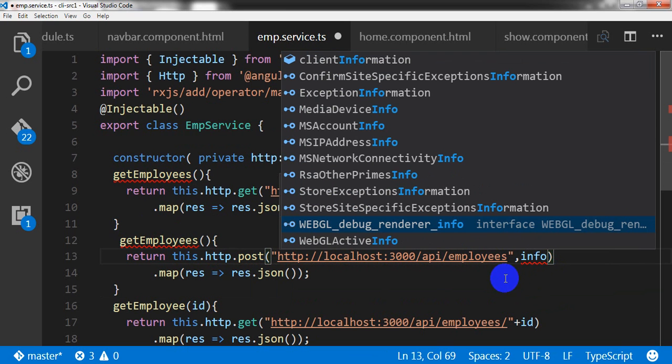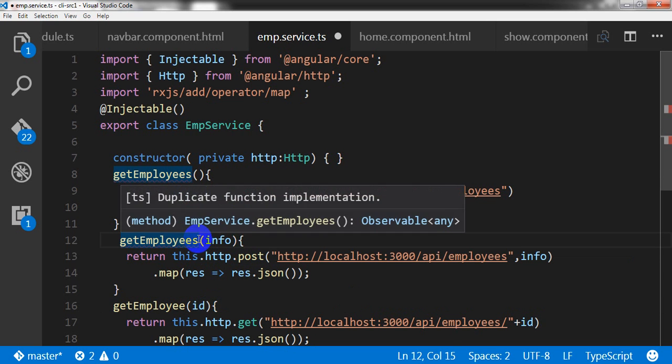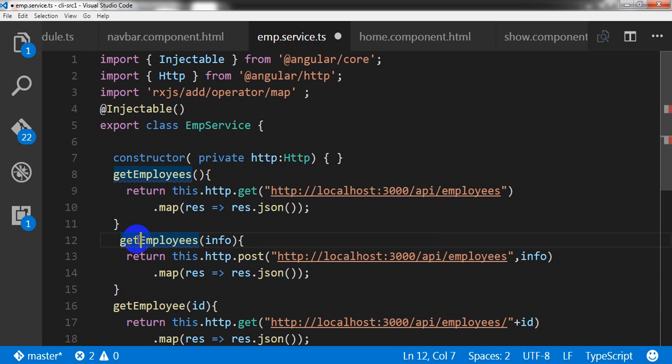It will be an object, and here info, it will be add employee to save our employee data. It will be a post request,